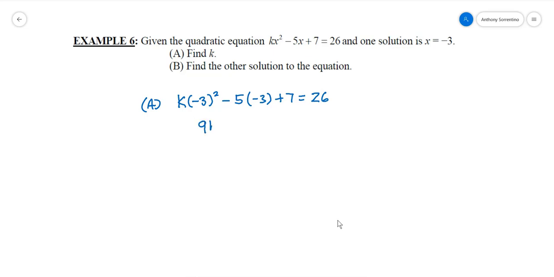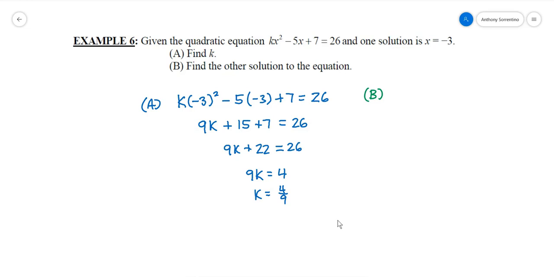So 9k plus 15 plus 7 should equal 26, which means that 9k plus 22 should equal 26. Subtracting 22 from both sides means that 9k is going to be 4, and k is going to equal 4 over 9. So that's part A. Now that means that when I do part B, and I'll go to a different color for that,